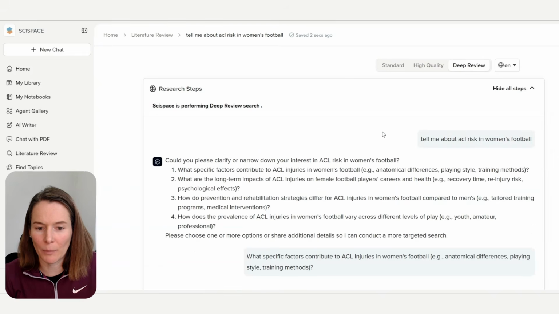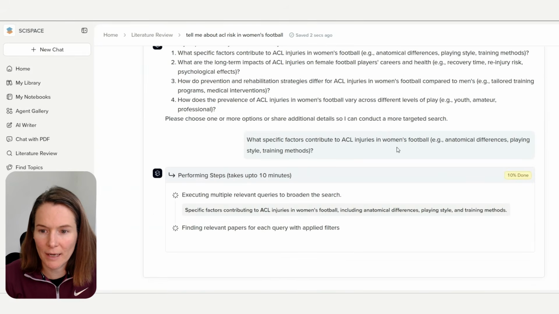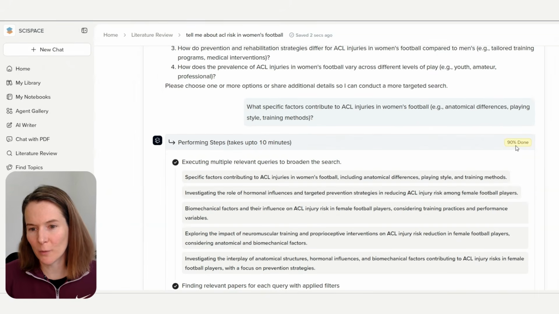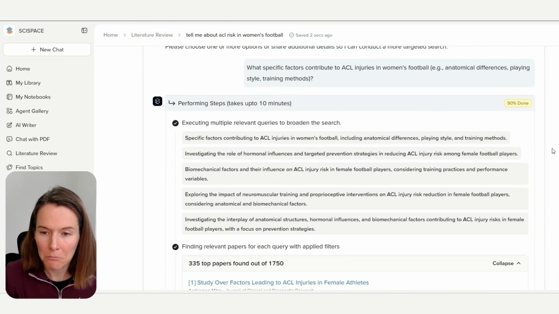So now let's be more specific in terms of asking for what factors contribute to ACL injury in women's football. And we can see then, again, it's keeping us up to date with what it's doing, how far through it is. So currently 10% done. So we fast forwarded now to being about 90% done. Obviously, this is a massive topic and a massive question. So it is taking perhaps a minute or so, but already that is so much quicker than if I was